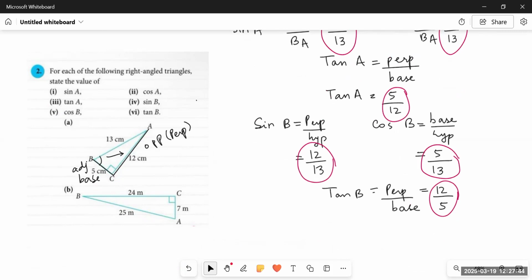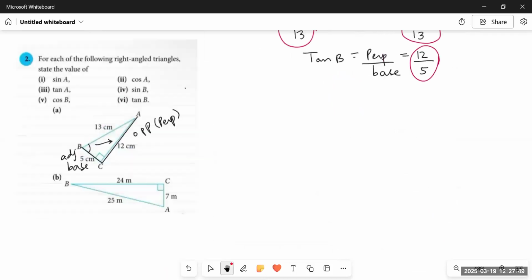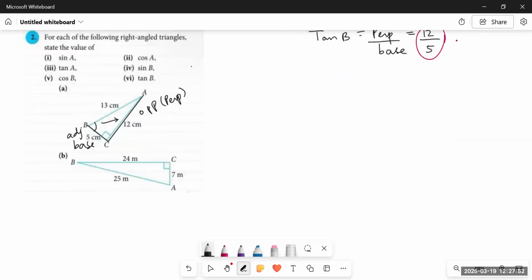First, they are asking us to find out sine A, cos A, tan A. So in this case, first we have to identify what A would be. If we are taking A over here, then this side would become adjacent and this would be the opposite side. So this would be the base and this would be perpendicular, that is the opposite side. And this would remain the hypotenuse. The largest side would always be the hypotenuse. There would be no ambiguity in that.